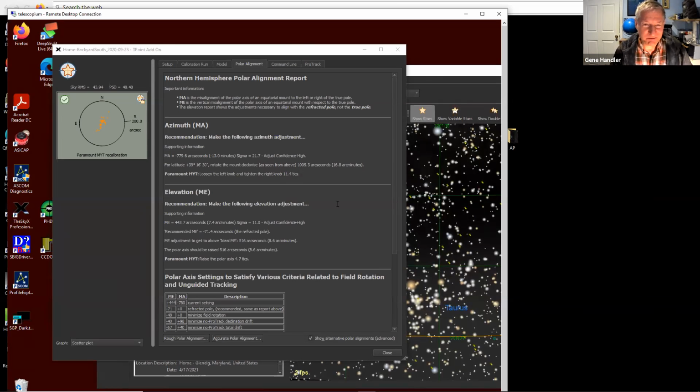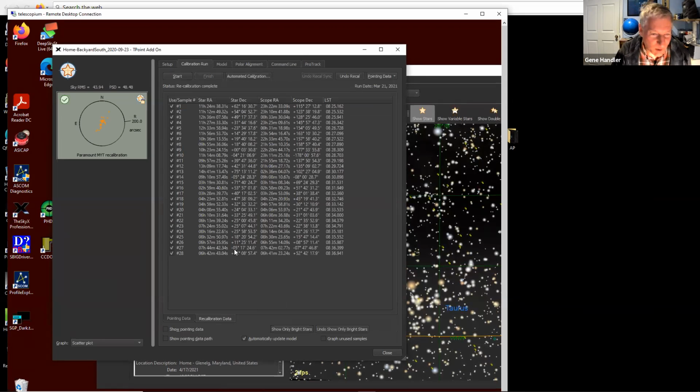Well, hopefully, it depends on how many stars you use. The more stars you use, the better it does. So you have to sit there and wait for it to go through all these stars. Like this is one where it used 28 stars, and it just goes through here and takes like 15, 20, half a minute per star. And when it's done, so you're not doing anything, you're just sitting there watching it. And when it's done, you go through this polar alignment thing. And so it's kind of useful.